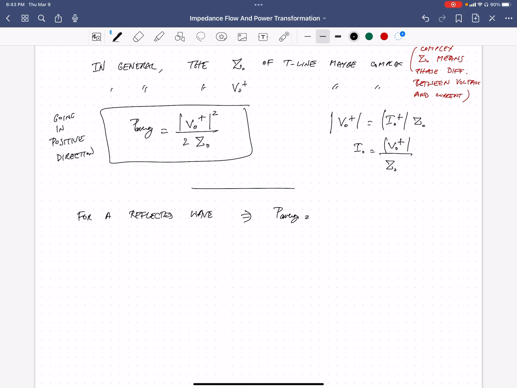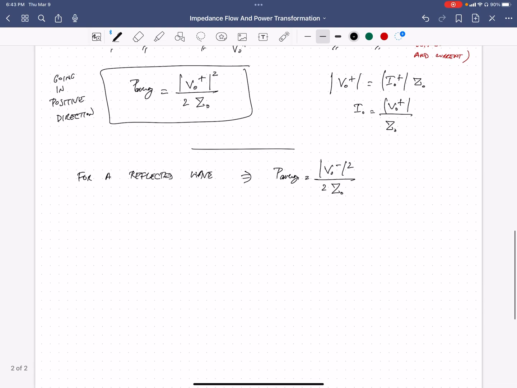P average is V0 minus squared over 2 times Z0. And then remembering that gamma sub L is V0 minus over V0 plus, then plugging that in, we end up with